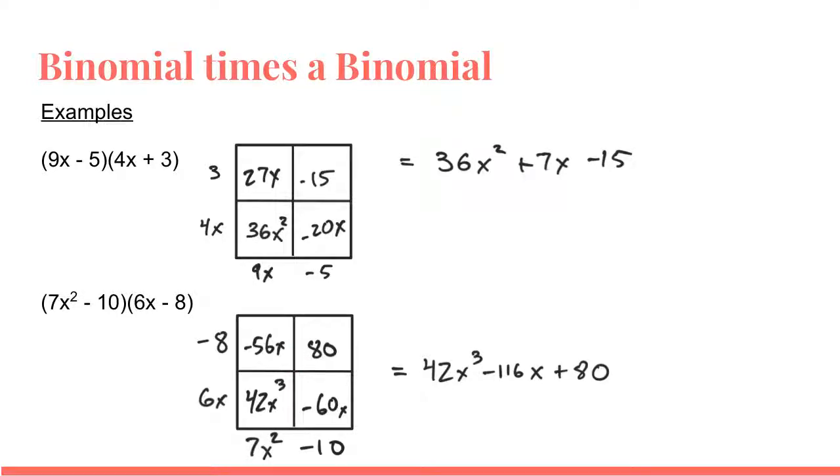So either way you do it, you have to multiply every term by each other, whether it's FOIL or generic rectangle. The generic rectangle does a nice job of separating out each of your products so that it makes it a little bit